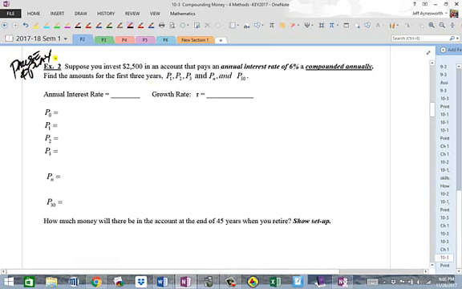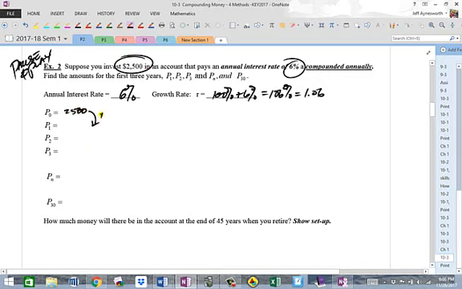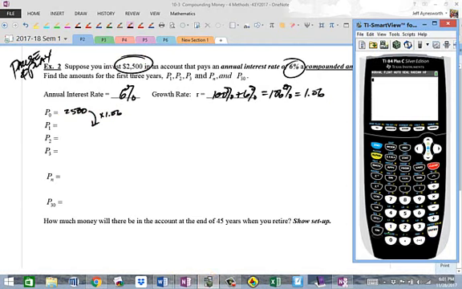So the annual interest rate is 6% in this case. So the growth rate is 100% plus the 6%, which is obviously 106%, which is 1.06 as a decimal. And what we want to do is invest $2,500 now and see what happens over time. So we're going to start off with $2,500. We're going to multiply it by 1.06 and see what happens. So $2,500 times 1.06,